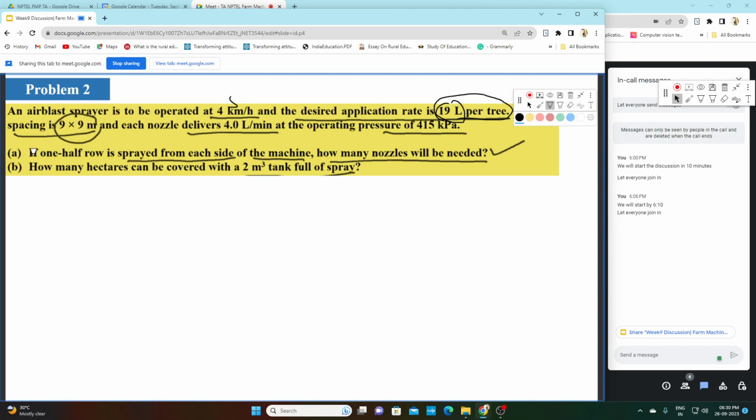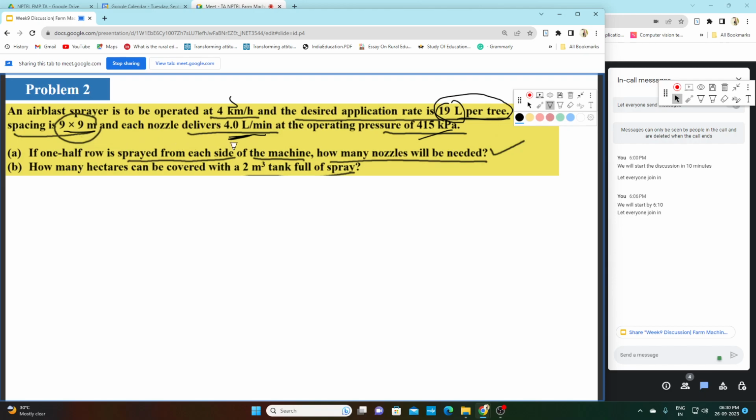Now the spacing between the trees is given, that is 9 into 9 meter, and each nozzle delivers 4 liter per minute at operating pressure 415 kilopascal. So nozzle application rate is given, and operating pressure of the nozzle is given. Now here is the first question that has been asked: if one half of the row is sprayed from